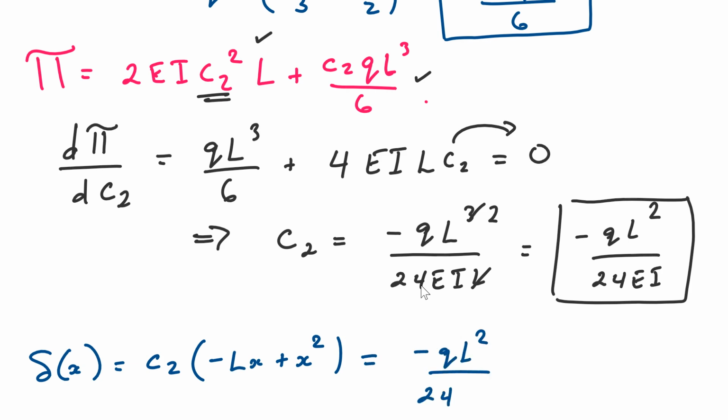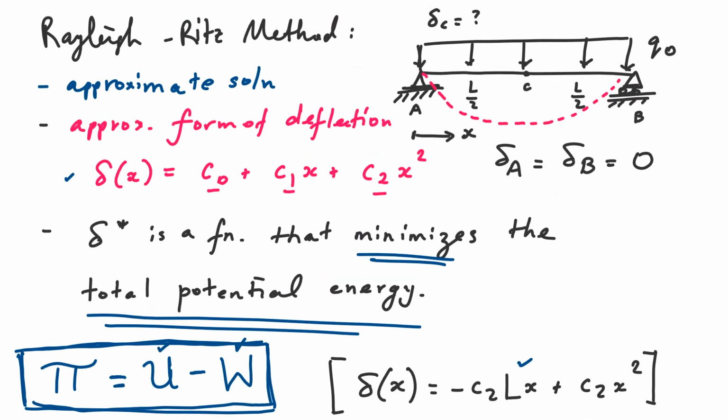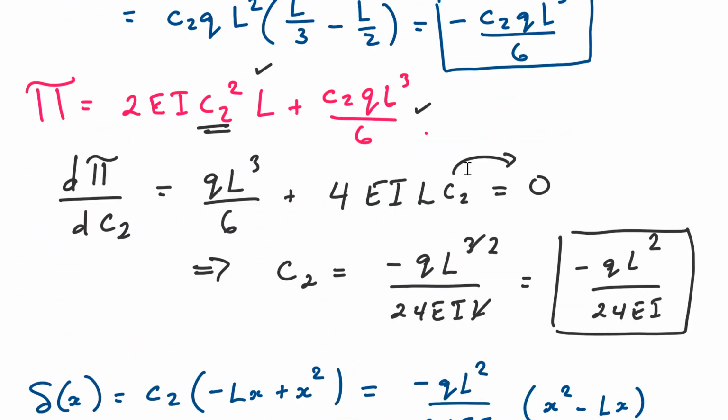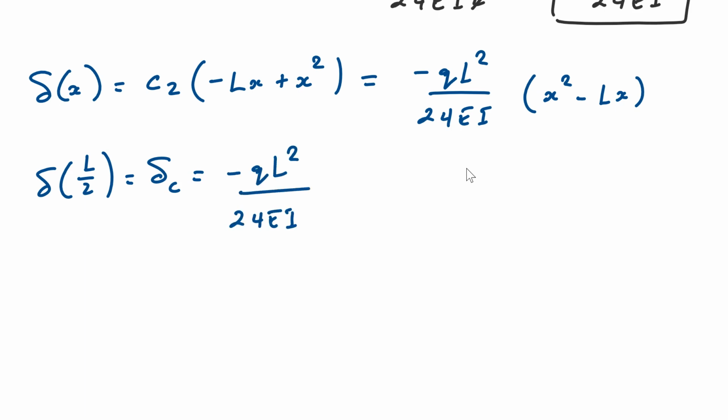There we go. And then we have x squared minus Lx. Okay, so the whole question is asking for what is the deflection at C? And C occurs at L over 2, correct? So what we're going to do is simply plug in delta of L over 2, which is the same as delta C. And what this gives us is negative QL squared over 24 EI times L over 2 squared is